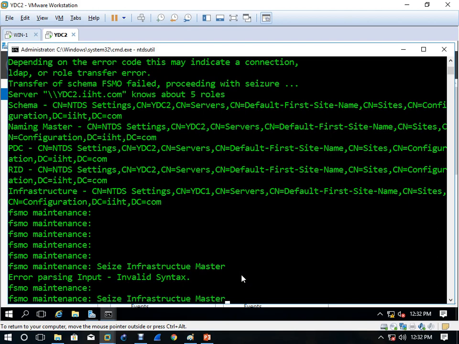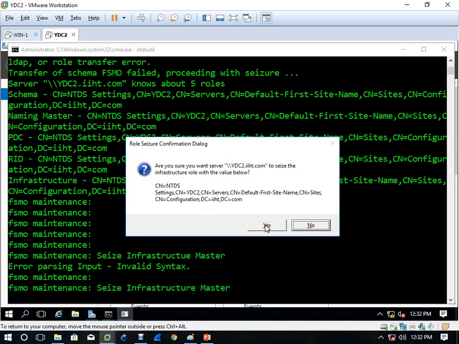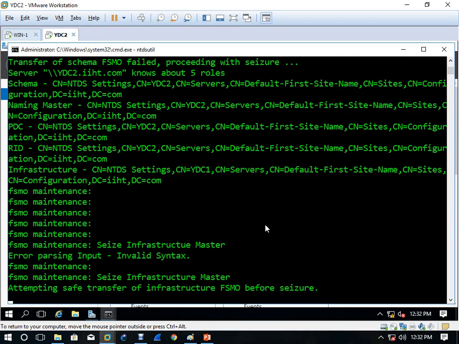Invalid syntax. Infra. Okay, click yes. And keep in mind, once you seize everything, you have to restart this server.